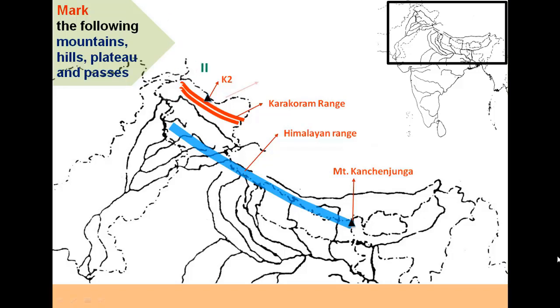Now we'll see Karakoram Pass. Mark with the symbol shown on the map. I'll rather draw it and show you. This is the symbol to mark passes on the map. Located in the Karakoram range, passes through the Gilgit-Baltistan region, part of Jammu and Kashmir. Next is Nathula Pass. As you can see, it is shown with two parallel red lines. You have to use the same symbol that I have showed before to mark the passes. It connects the Indian state of Sikkim and China's Tibet Autonomous Region.